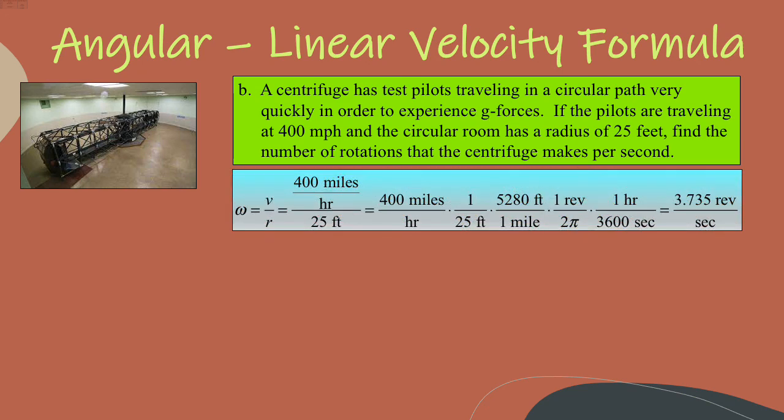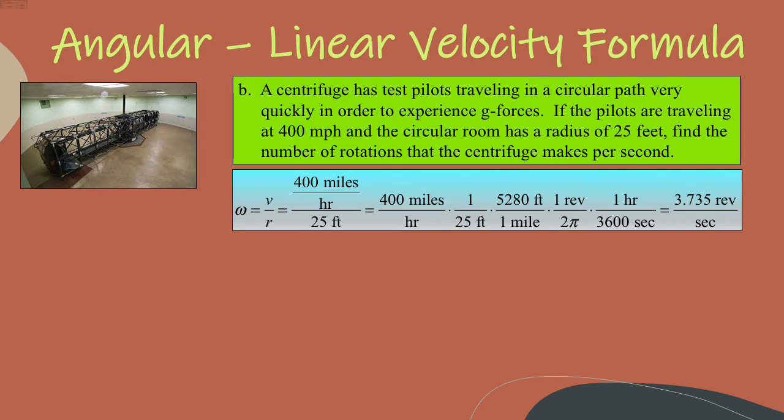This problem uses the angular to linear velocity formula, and in this case we know V and R, and we're trying to find omega. So solving for omega, omega is equal to V over R,